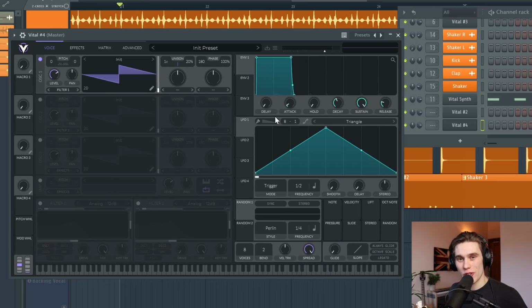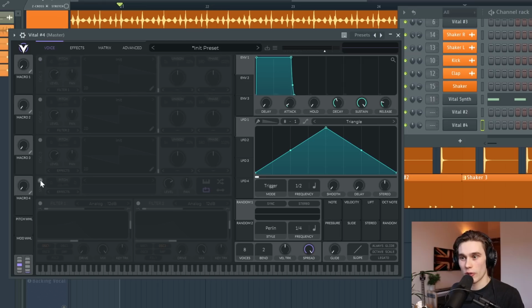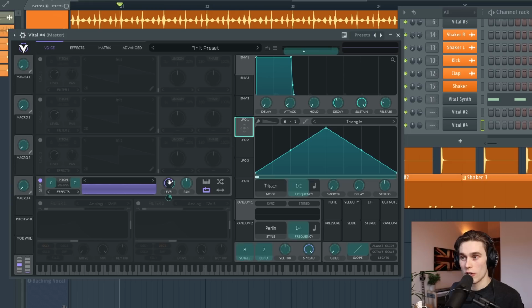The last technique I want to show you is using a synthesizer as a percussive element instead of just a typical tonal instrument. So again, using Vital, I'm just going to turn the oscillator off and turn the noise on. I'll turn the output level down a little bit, and if I play any key, we just have noise. I'm going to use an LFO to change the level of this noise. So if I link LFO 1 to this level, now you'll see the noise will go up and down,